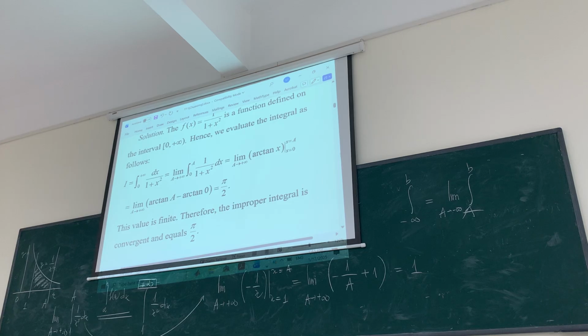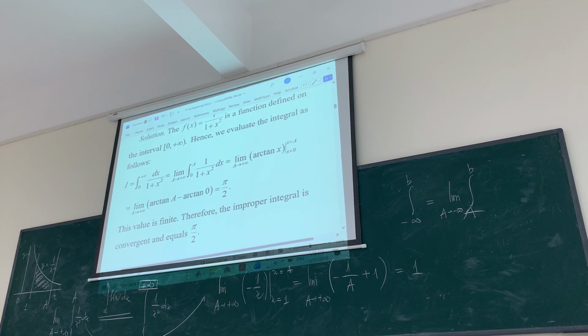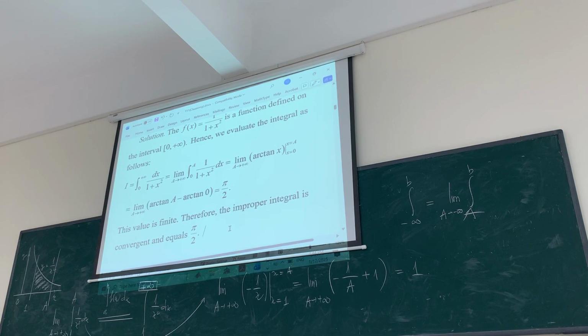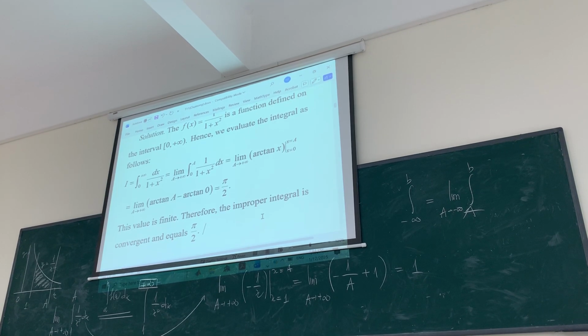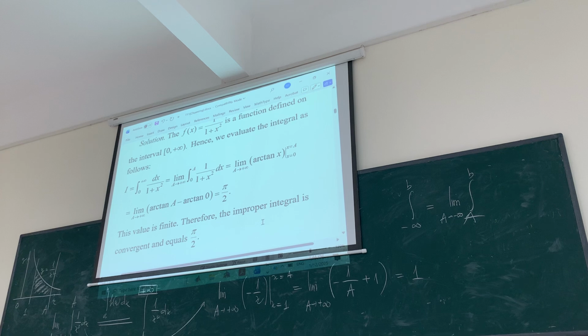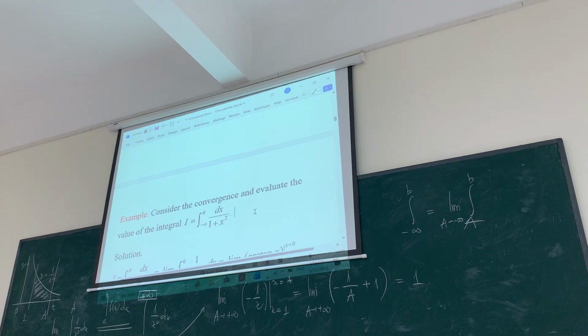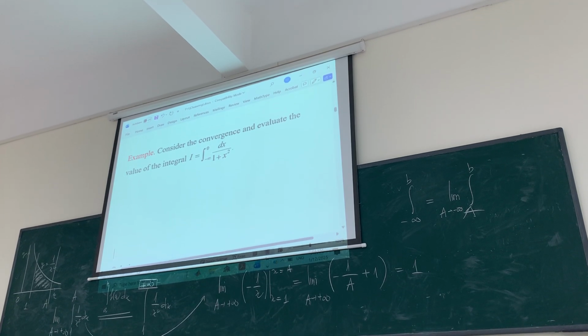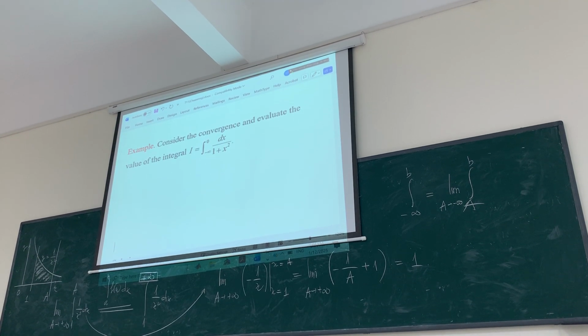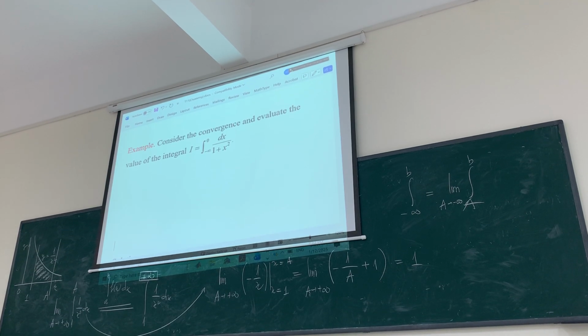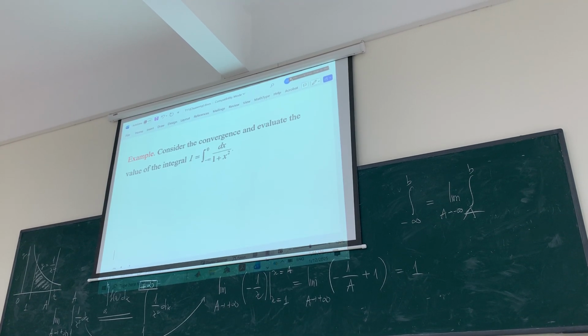If you need to write out the solution, let's do the example: check the convergence and evaluate the integral I equal to the integral from negative infinity to 0 of dx over